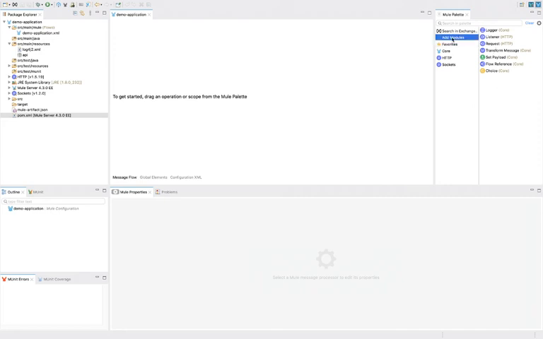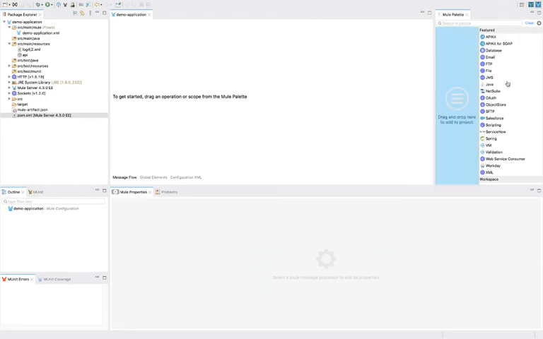Next one, we have add modules. Inside add modules you will be able to see frequently used connectors, meaning what connectors we use very frequently. For example, to connect with an FTP system we have the FTP connector. To connect with the local file system we have the file connector. To connect with a JMS system we have the JMS connector.